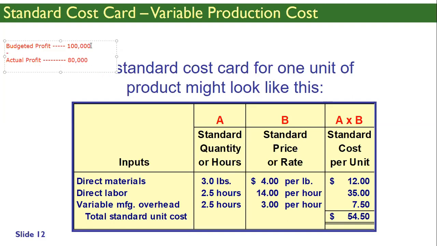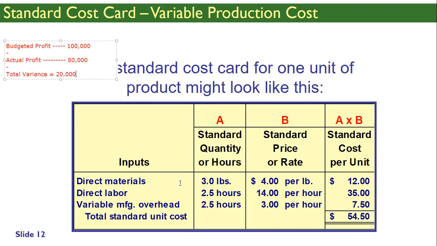So it means that there is a variance, a total variance, I would call it, which is $20,000. You made $20,000 less. You need to find out the reason. You know why? If you do not find out the reason, next year you again will not be able to achieve your target. So we know that we did not achieve the target, but we want to find out who is responsible, what happened.